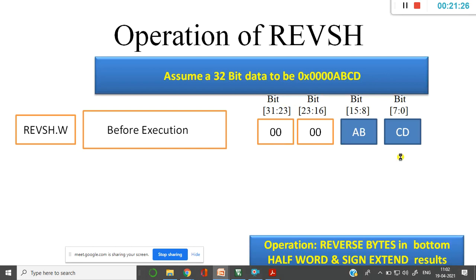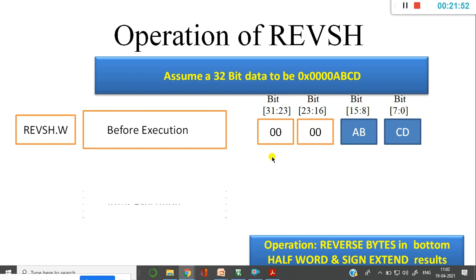Next, another very important instruction, REVSH. Observe carefully. The data is 0000ABCD. Accordingly, the lower byte is stored with CD, the next byte with AB, and the next bytes 0 and 0.